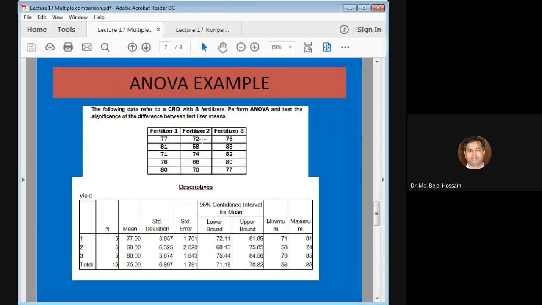So fertilizer 1, fertilizer 2, fertilizer 3 ছিল, তাদের আপনি মিন বের করেছিলেন, if you can remember. Y1 bar 77 ছিল, Y2 bar 68 ছিল, and Y3 bar ছিল 80. So this is the estimate of mu1 hat, mu2 hat, mu3 hat, okay, estimate. Actually this is coming from the sample Y1 bar, Y2 bar, Y3 bar. So these are actually the item we are looking for,